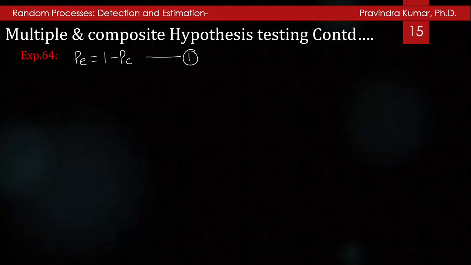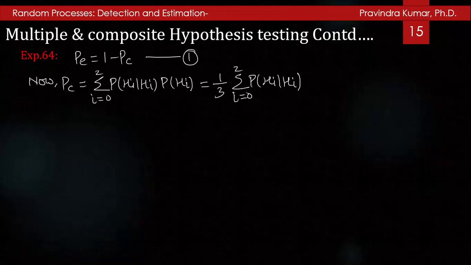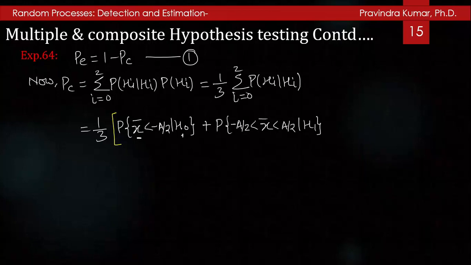And you know the probability of error is 1 minus the probability of correct decision. The probability of correct decision, from the Bayes risk, will be the summation i=0 to 2 of the conditional probability of Hi given Hi is true, times the probability of Hi, and this is 1/3 Σ_{i=0}^{2} P(Hi|Hi). It will be 1/3 times the probability that the sample mean is less than -a/2 given H0 is true. So this is the correct decision. And the probability when x̄ lies between -a/2 and a/2, given that H1 is true,